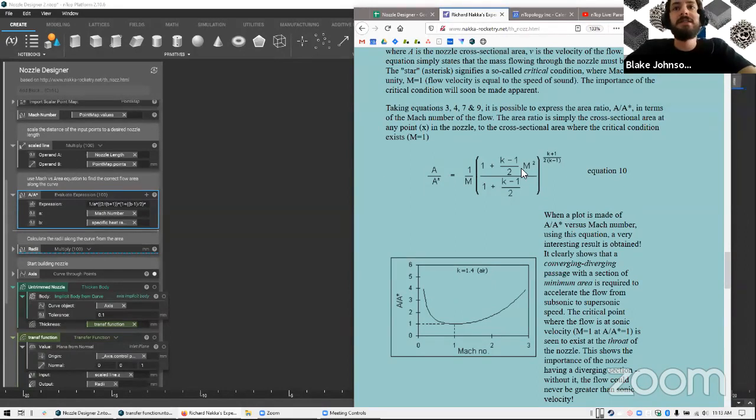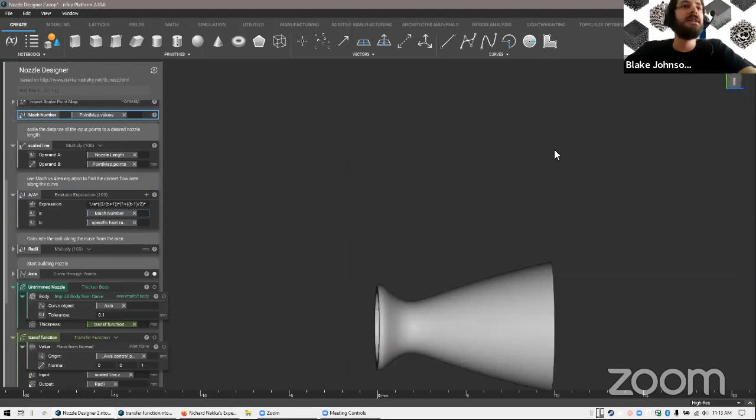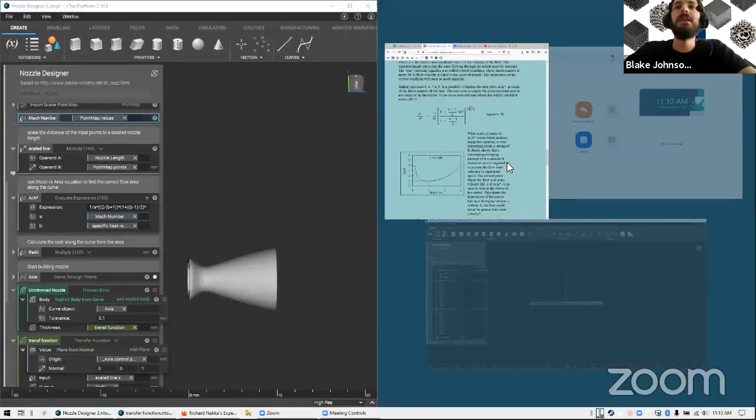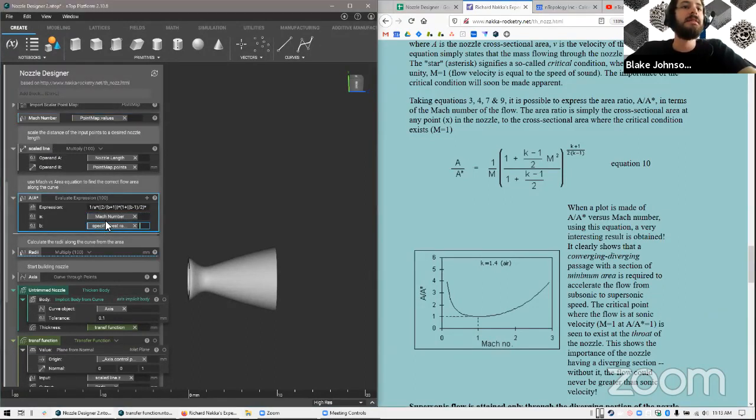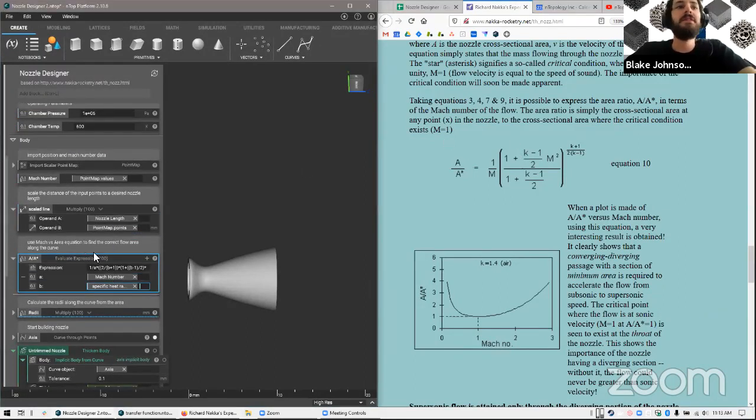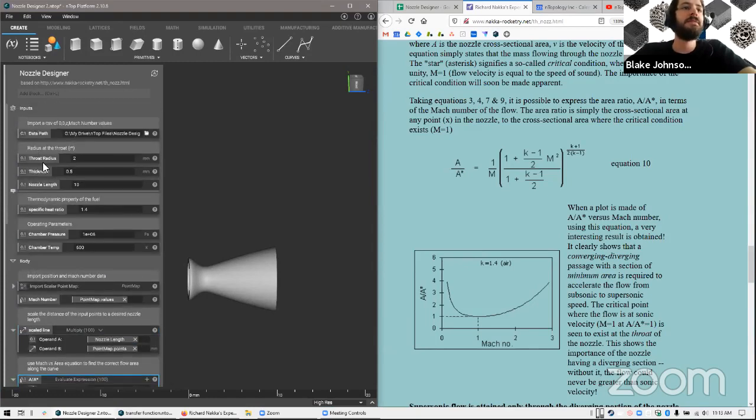And what that lets us do is make really complicated kind of MATLAB style or Mathematica style equations typed out. And then we just put in A and B, and that's going to represent what are kind of localized variables. So I use this Mach number here for M, in this case, A. And then for the constant, the specific heat ratio, I use B, which is defined up here as